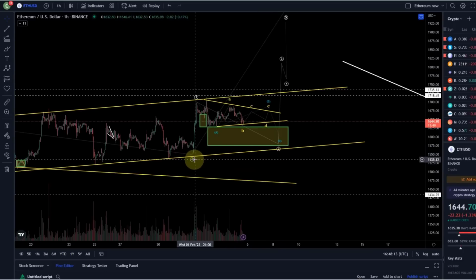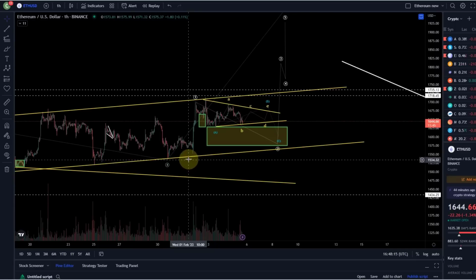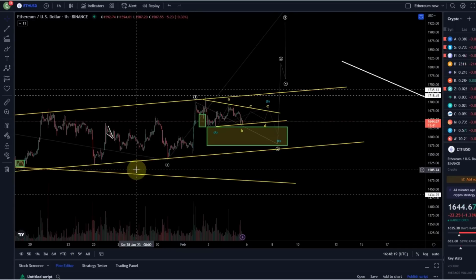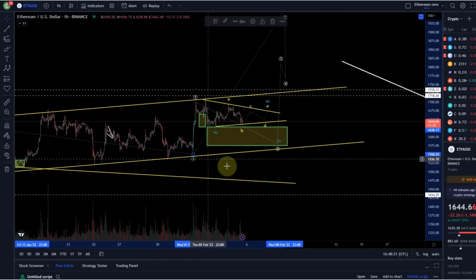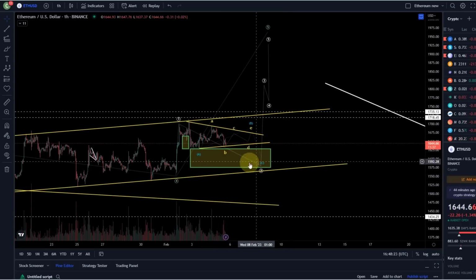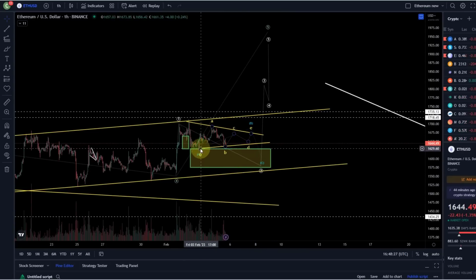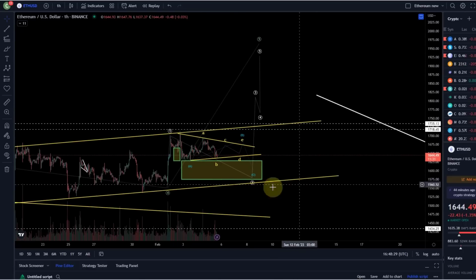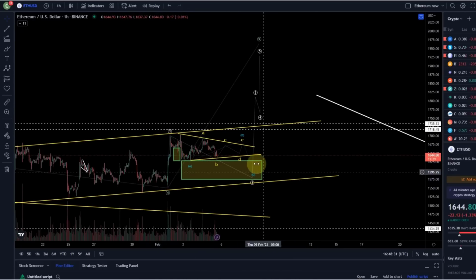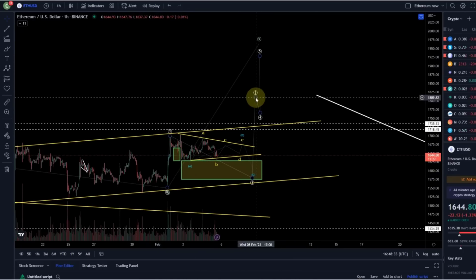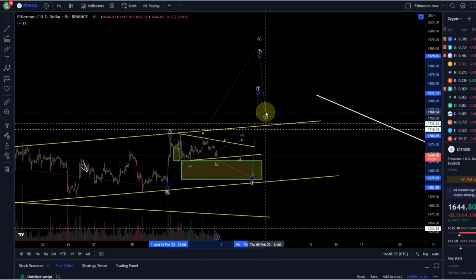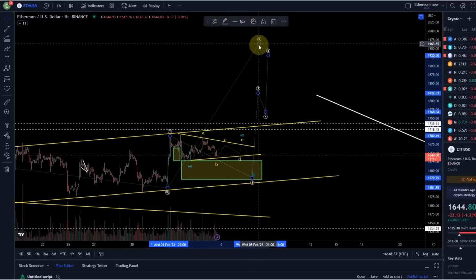Okay, then there is another scenario in which I could put the wave 4 here, but then at the latest here at 1535 it will be invalidated. And that's how you can set your stop losses. You have your pivot point decision area where the price ideally will turn around. We already bounced off it once, the 50% retracement that is, and you can calculate your reward, the possible target of a third wave. Is it something I would trade?